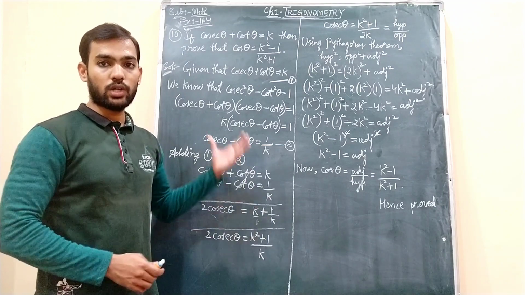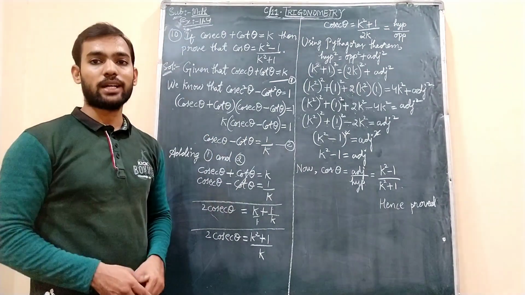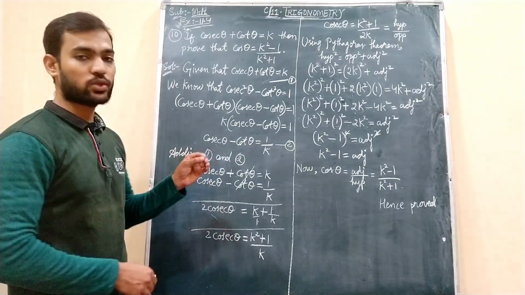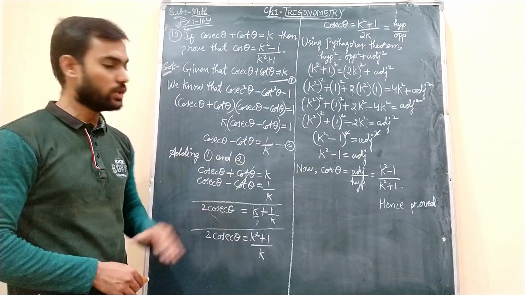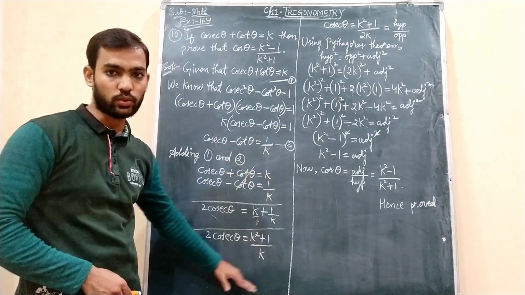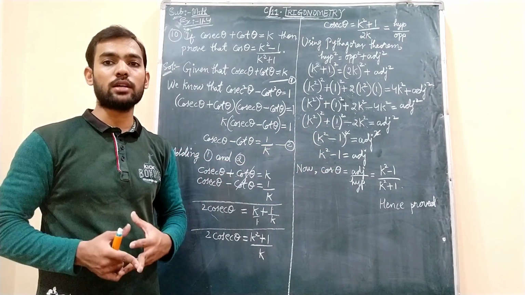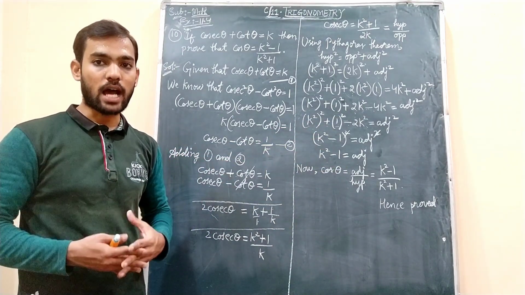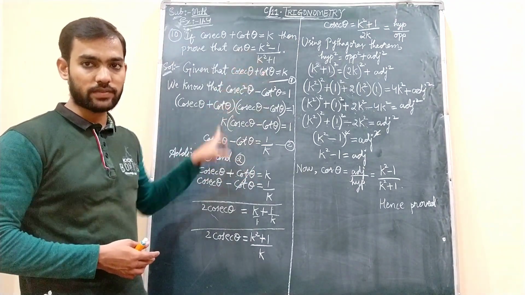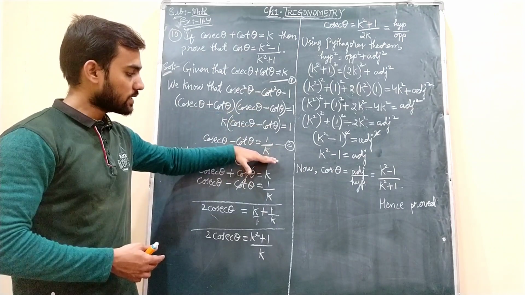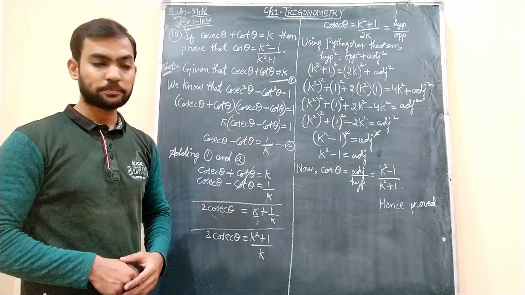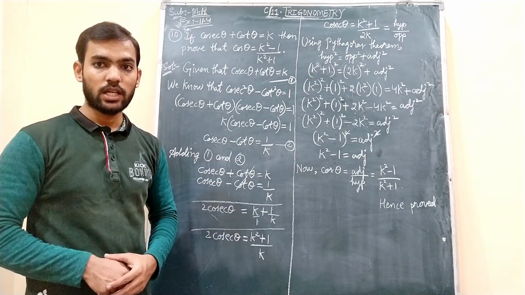Okay, so we got the proof. Copy this one, and question number 9 you need to do as homework. There secant theta plus tan theta is given, and he asked just to find the value of secant theta minus tan theta. So it is up to here only. You will get the solution right here. No need to do this complete part, because he has not asked to prove something. He just asked to find the value of secant theta minus tan theta. Secant theta plus tan theta he gave, and we need secant theta minus tan theta. So like this, till here only you have to do. A very simple question you can do on your own. So question number 9 is your homework.